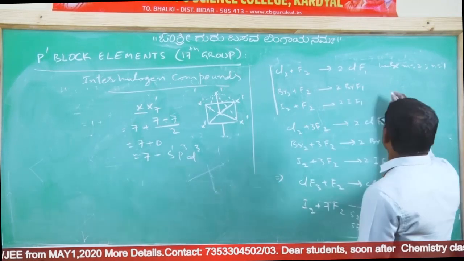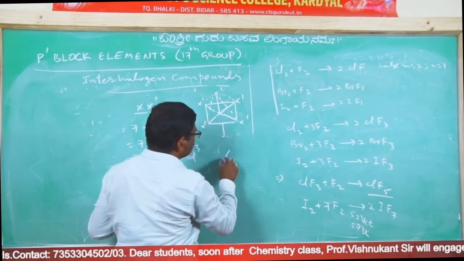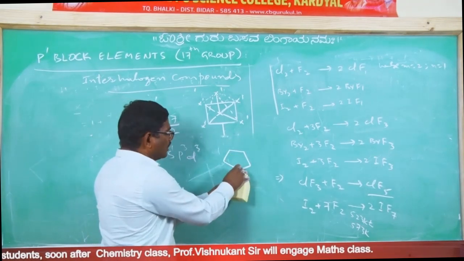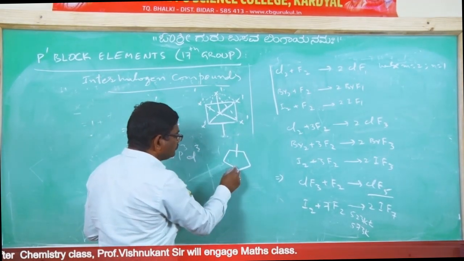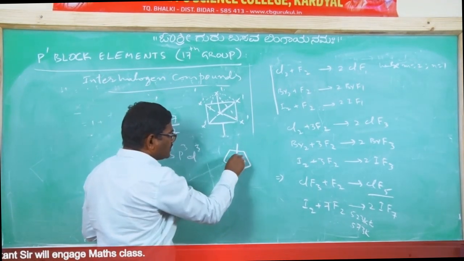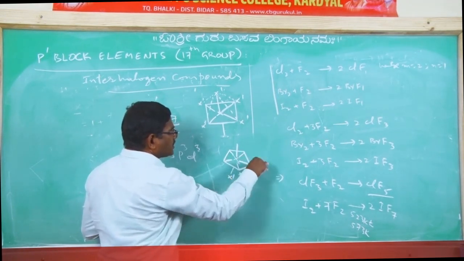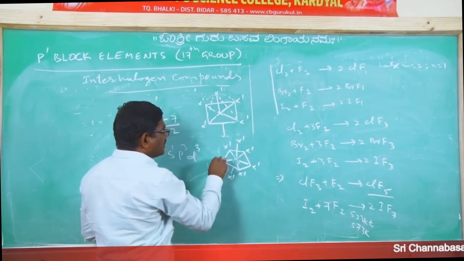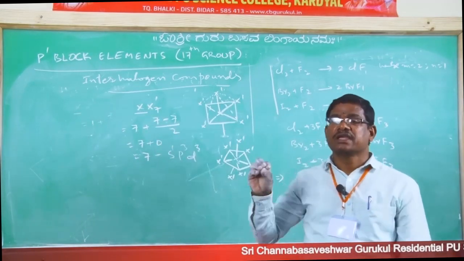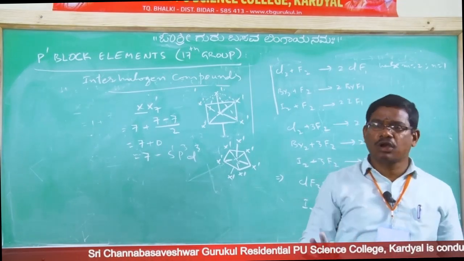Pentagonal bipyramidal. 5 gonals are there, like this, 5 gonals and 2 pyramids, correct? 2 pyramids. If it is X, now these are X', X', X', X', X', X', X', like this, right? So regarding interhalogen compounds, in this way their preparation, geometry, reactivity